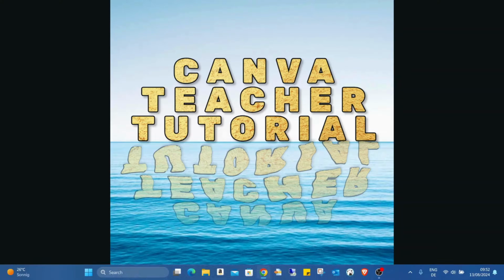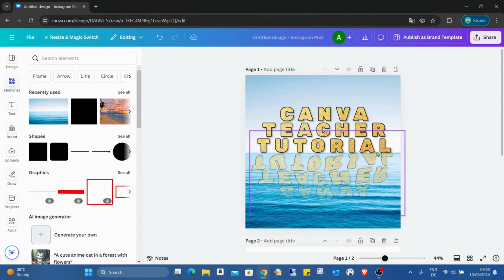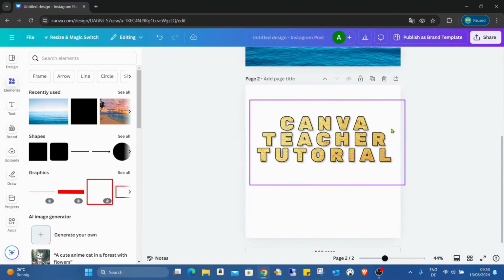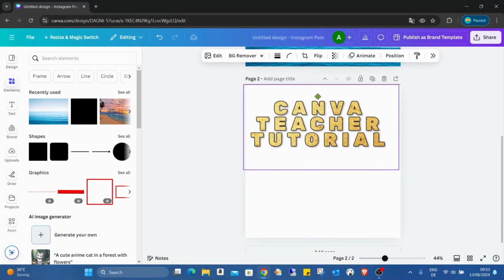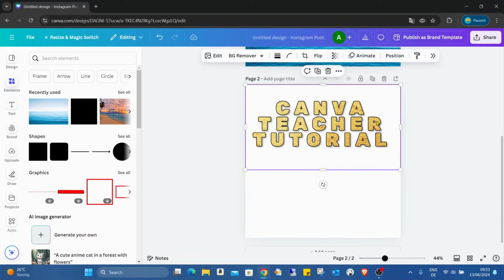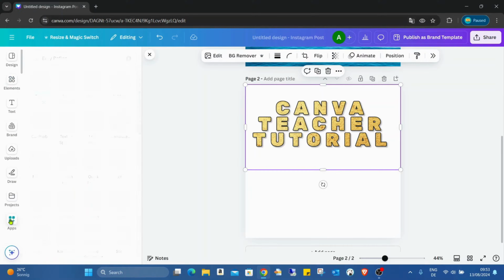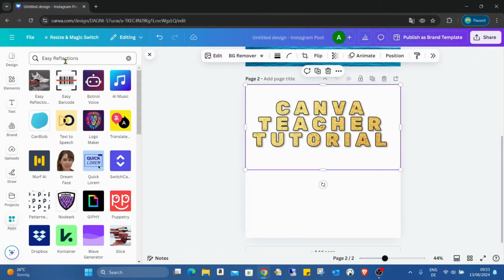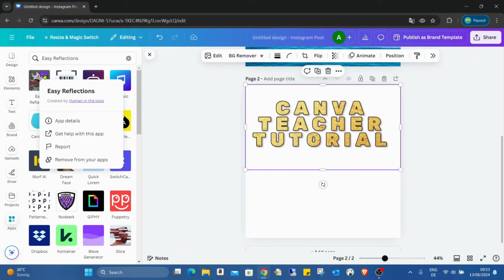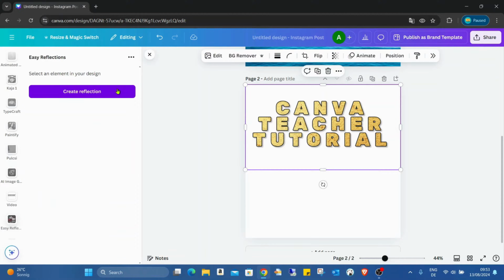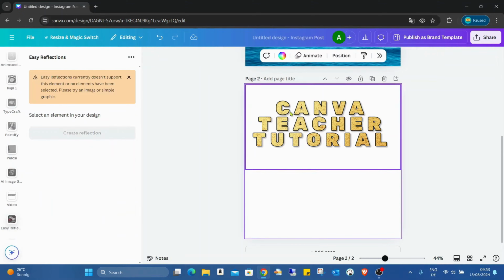First I'm closing this picture and go into my second page where I inserted the text that I would like to use. Actually this can be done with any item, but now I would like to do it with the text. Go into the apps and search for easy reflections, this application. Here the first thing we have to do, first we have to select